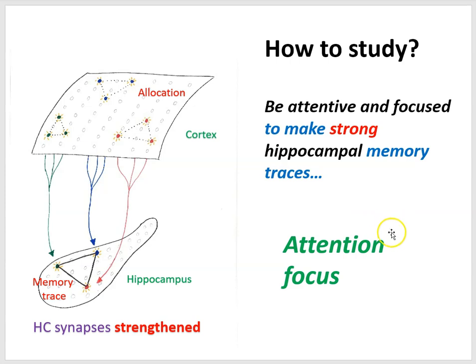So we'll finally bring this to an end with how to study and when to study. How to study: we've got to be attentive and focused to make strong hippocampal memory traces. If we're not paying attention, the hippocampal memory trace is not going to be strong. If we're stressed out, that can interfere with plasticity in the hippocampus. We need to be focused and attentive in order that what we're learning has a chance of making strong hippocampal